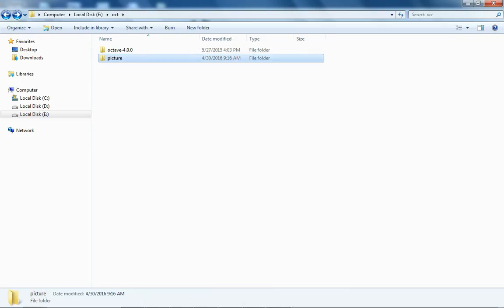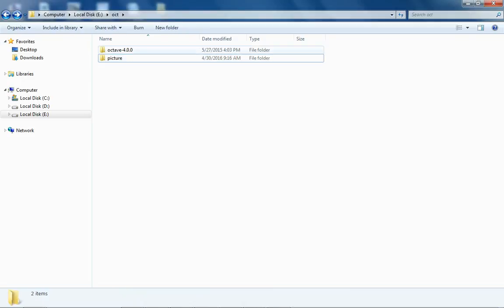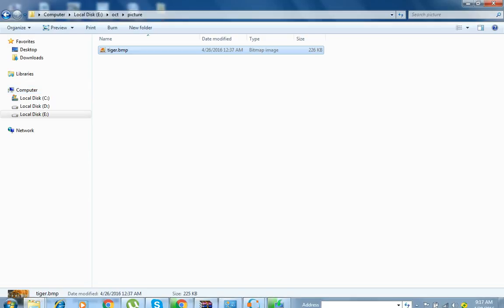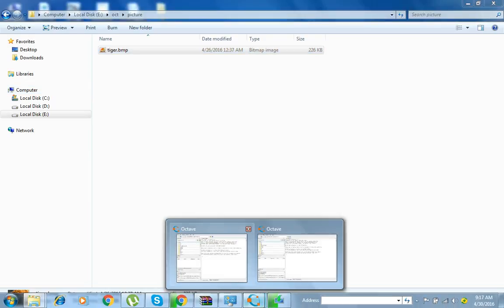Inside this picture folder, I'll paste a picture of type bitmap. In the Octave window, I will try to load this image, show the image, and also convert this color image to a grayscale image. So I'll go to my Octave window.